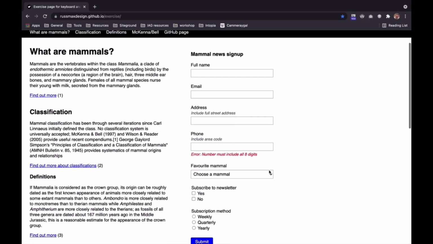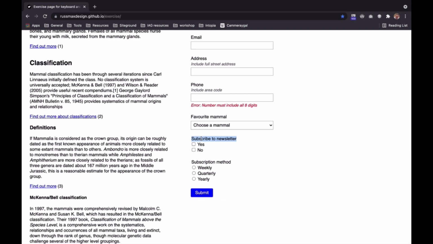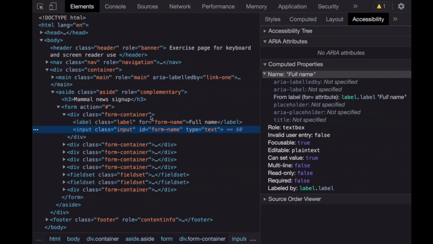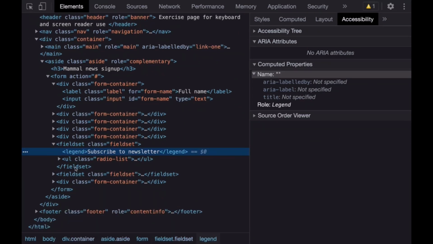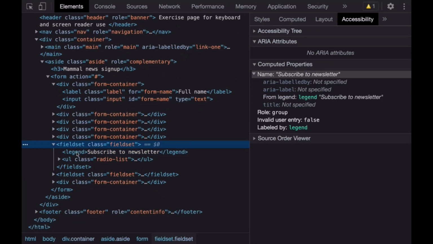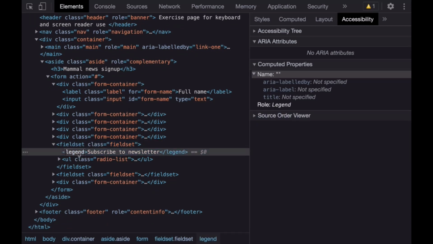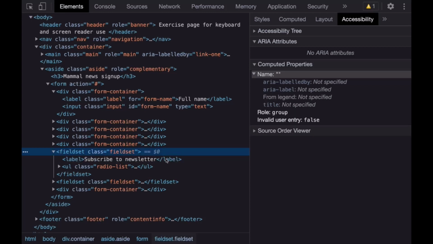What about a fieldset? So we're going to go down to the subscribe to newsletter. We'll right click there, and we'll look at this fieldset and legend. Now, something that's not uncommon is that people put the wrong element here. So literally the other day, I saw someone put a label here. Oop. So they've got a label associated with the fieldset incorrectly.